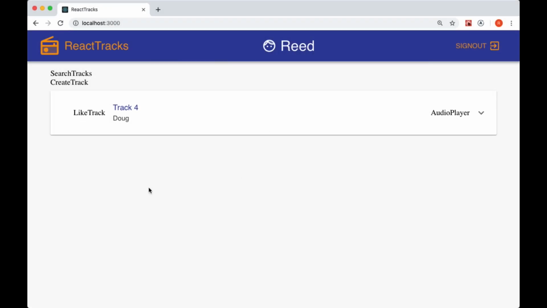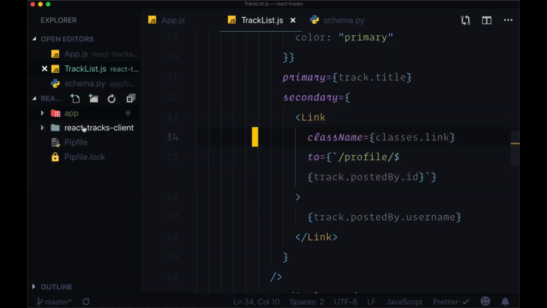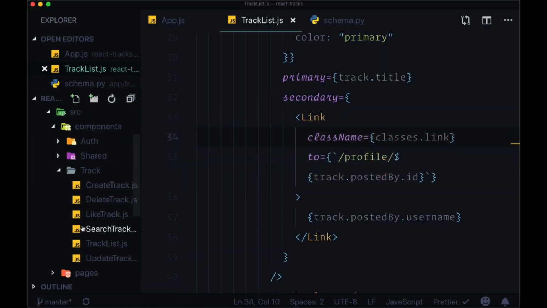Now we can see the basic structure of our index page, where all of our different components are going to be. And next we're going to add the ability to create new tracks. So as I mentioned, we're going to have a floating button here in the bottom right hand corner where users can click on it. A dialog will be displayed where they can provide their track information. Let's head to within the track folder in components,